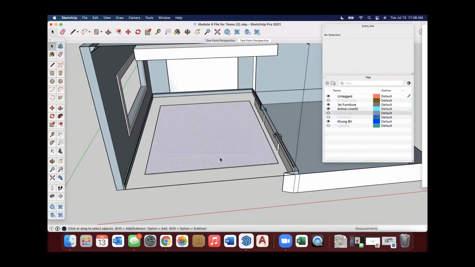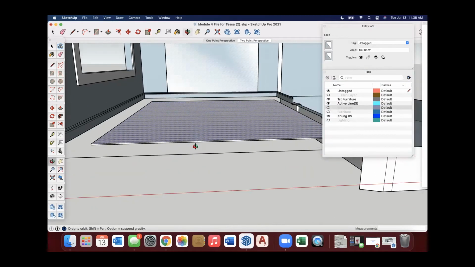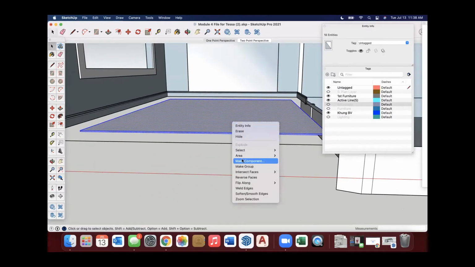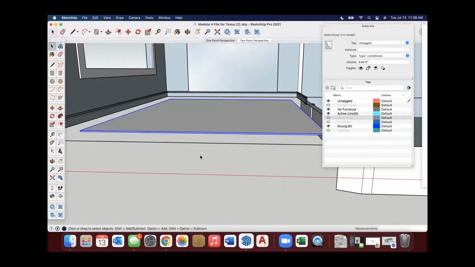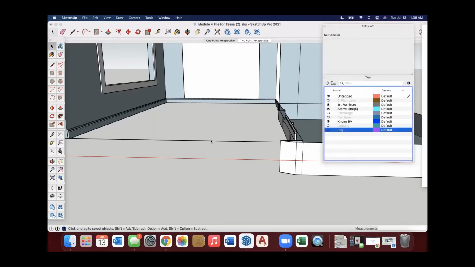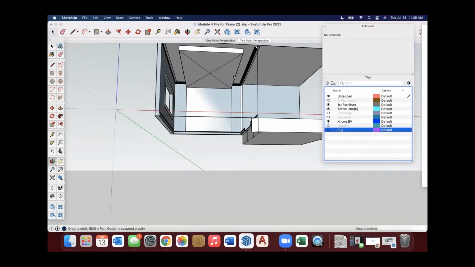That's good. And so we can see this rug is not grouped. So I'm going to triple click that and immediately make it a group because I don't want it to stick to anything, like my floor, down later on. So I am going to add a rug layer because maybe later on I have more than one rug. They can all be on the same layer. So then I'm going to put that on rug. I can turn off rug and I just kind of keep going.